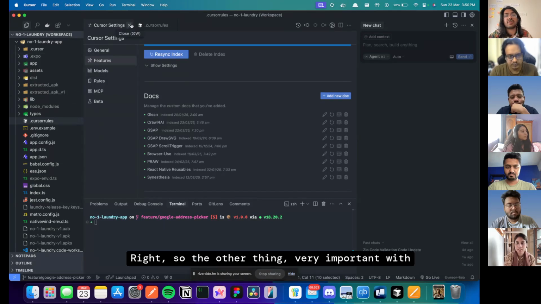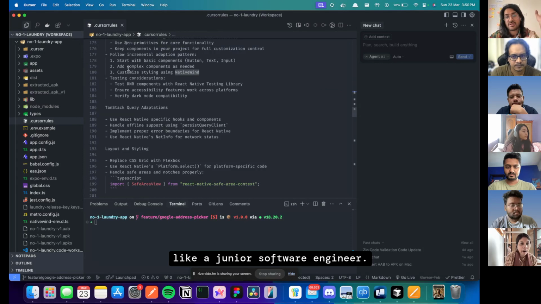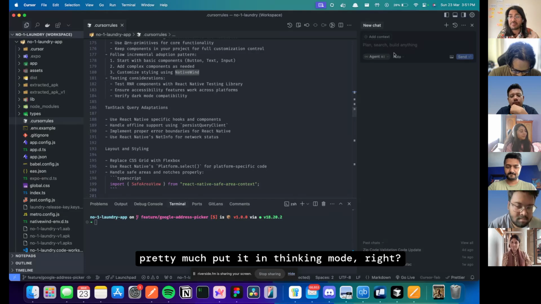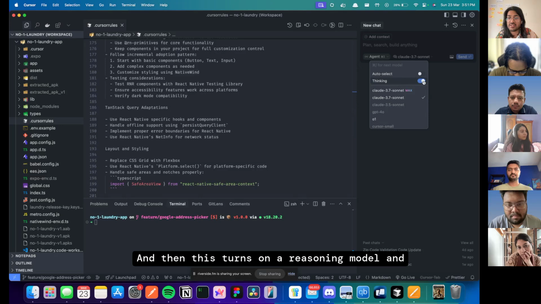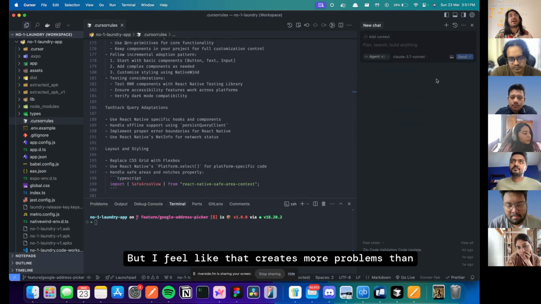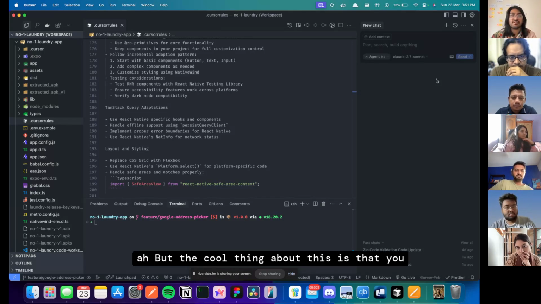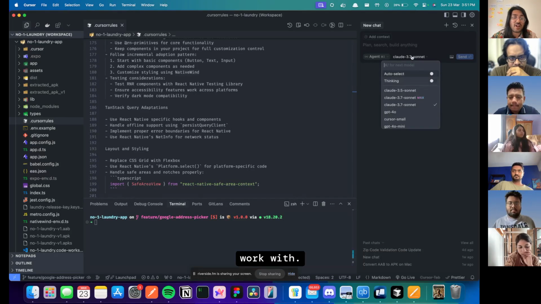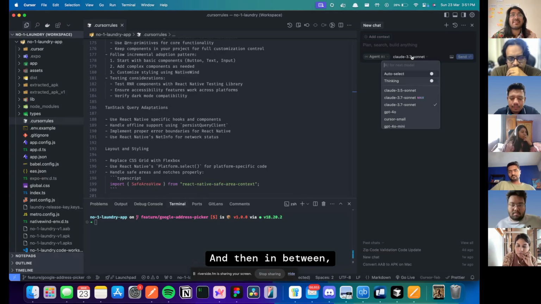The other thing, very important when working with Cursor, is that you have to treat it like a junior software engineer. Yes, you can pretty much put it in thinking mode, and then this turns on a reasoning model, and then you can have it do everything for you. But I feel like that creates more problems than it solves. I'm going to walk you through my process. The cool thing about this is that you have the option to choose which models you want to work with. I was using Claude 3.5 Sonnet when I started this workflow, and then in between,